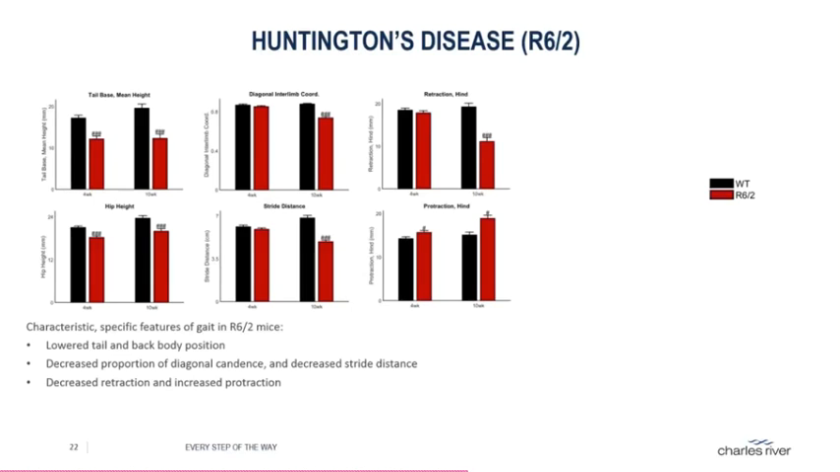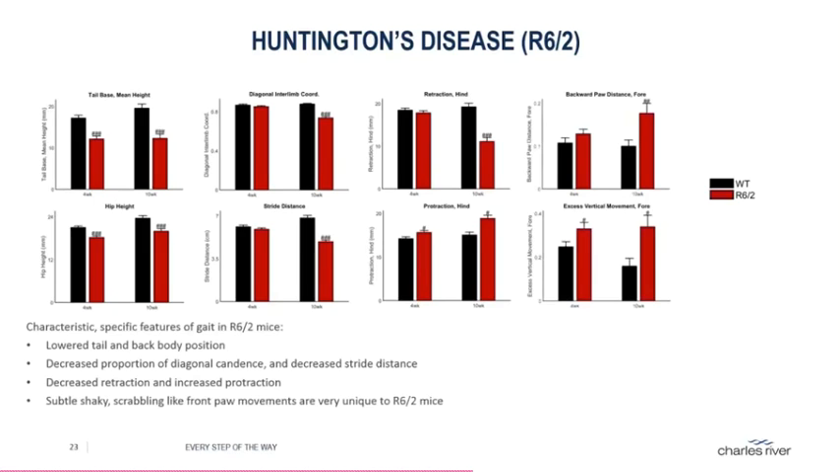Notably, increased protraction can be seen at 4 weeks already. Together, the changes in these parameters are partially implicated with the lowered back body posture. The subtle, shaky, scrabbling-like front paw movements that were visible in the presented video are very unique to the R62 mice and can be objectively captured with kinematic fine motor analysis. The parameters on the right describe namely these changes as excess paw movement both in horizontal and vertical direction during